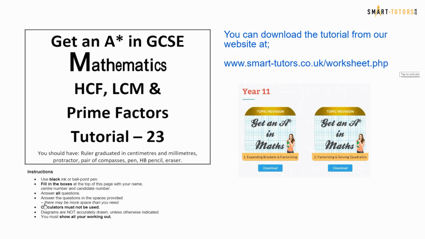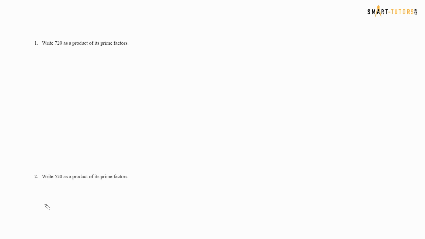Let's look at some exam style questions. Question number 1: write 720 as a product of its prime factors. So you can use the factor tree method, 720. So you can do, let's say, 2 times 360. So 2 is a prime number, so I circle it. So again, let's say 3